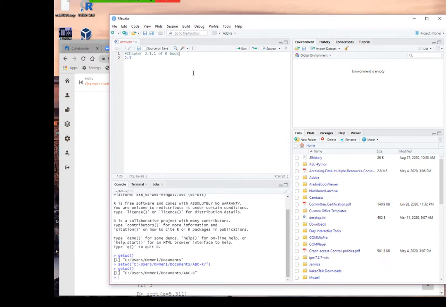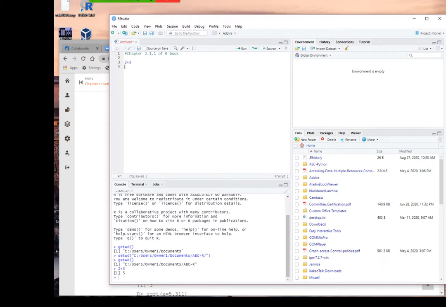Okay, so now since this is a comment, I want to execute 2 plus 3. There's a couple of ways. You put your cursor on this line, and then here there is an icon called run. It says run the current line or selection. So I'm going to click run right now. When I click run, you see that 5, the 2 plus 3 is 5. So that's one way.